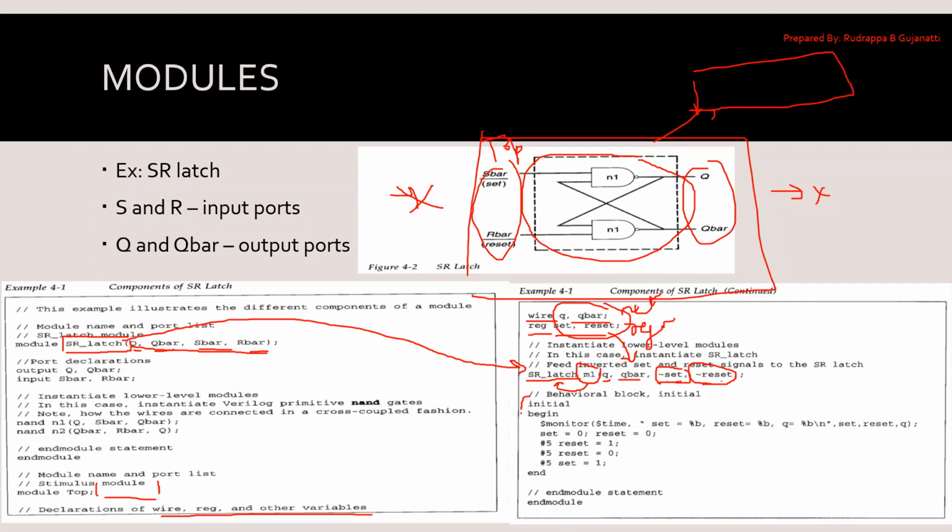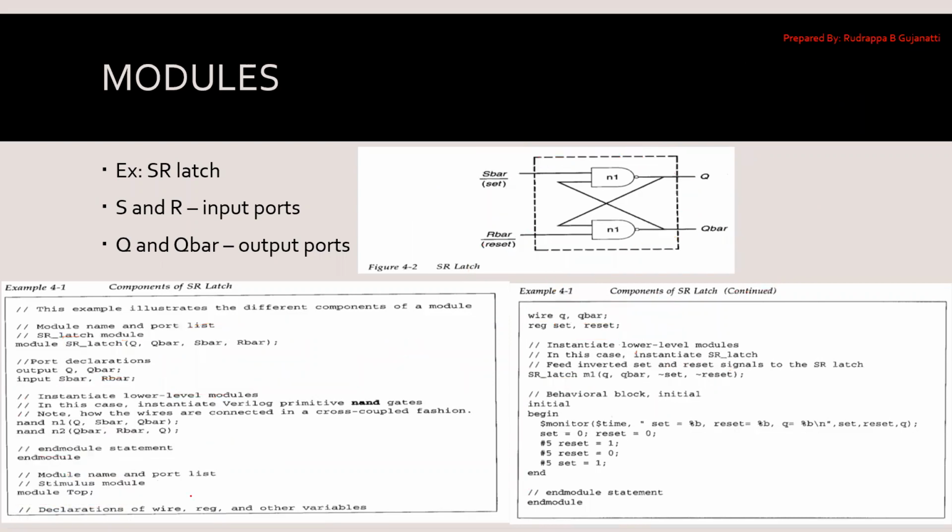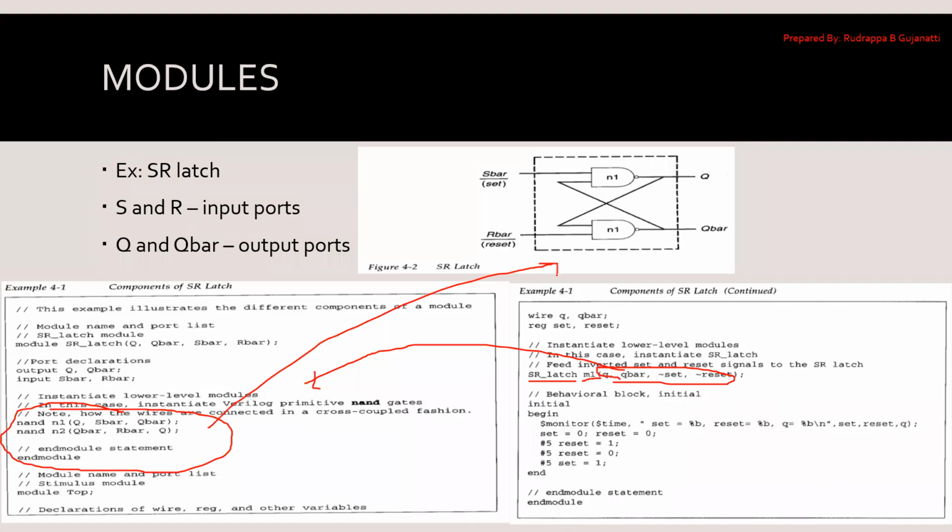Now here you can see that once I do this, based on this entire thing, this is what the implementation will look like. It is like you are taking the components and interconnecting them. So you have created the M1 instance. It takes all these ports and builds the circuit, so that circuit will appear like this. I have N1, N2, and this is how it will be built.